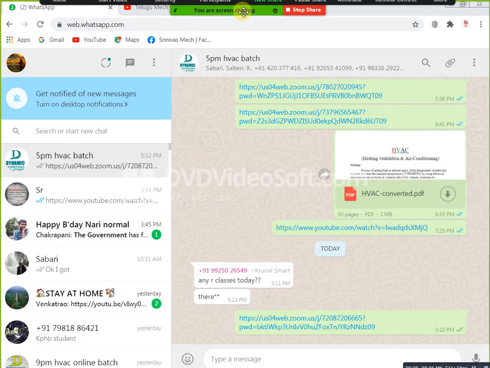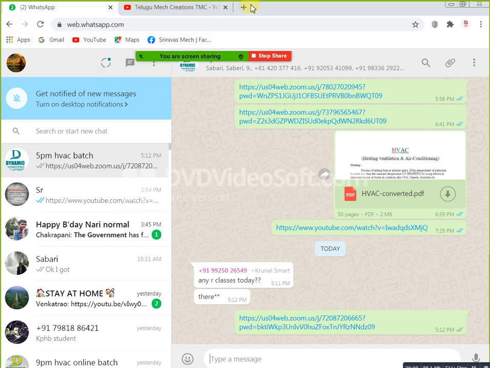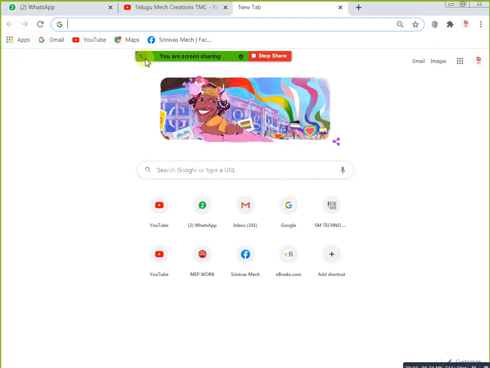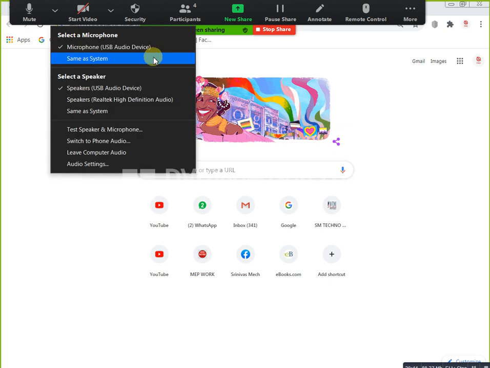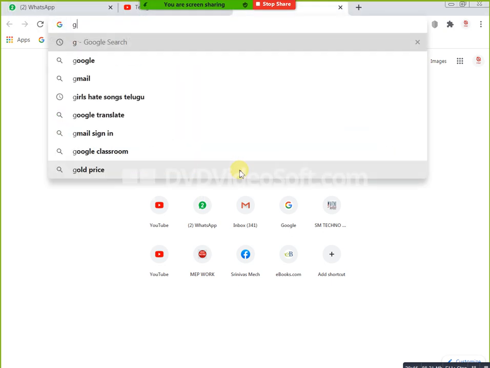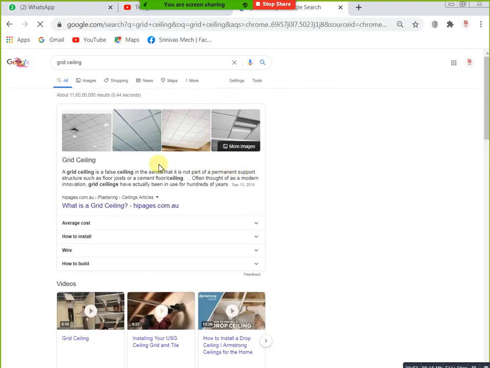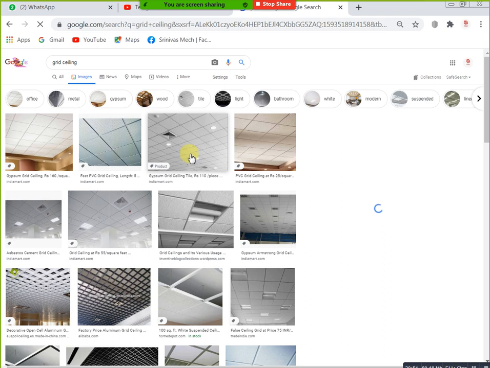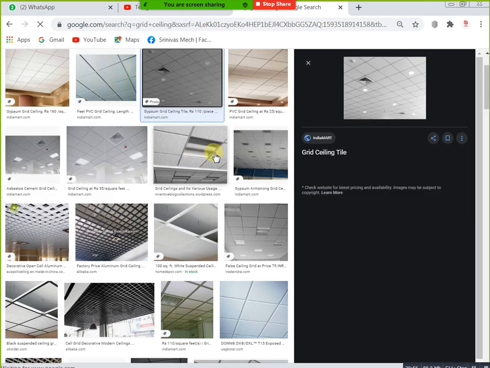Okay, this is the grid ceiling type. In this type of situation you can take your terminals, meaning a normal rectangular type element like this. When you select or design for step ceilings, you can take step ceilings.